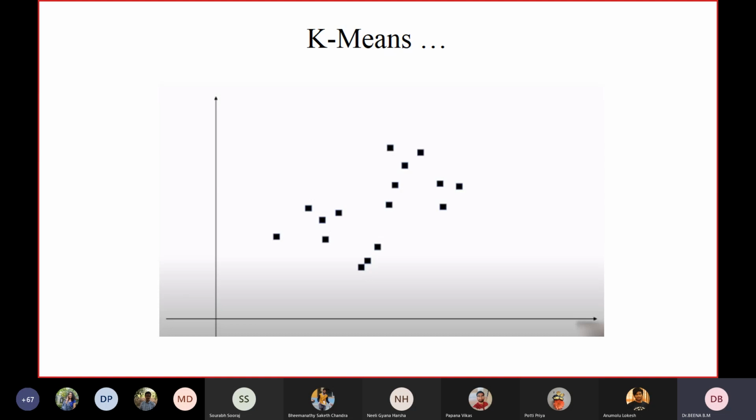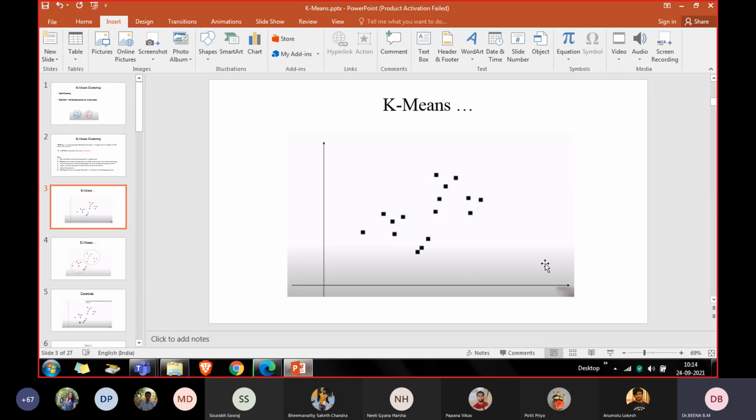So the k-means algorithm is a popular supervised. Sorry, it is an unsupervised algorithm. Now, let us take a data set. I have taken a simple data set, but it can handle multi-dimensional data sets, though there is some limit. The general observation is that it works well for up to 20 observations, and with more than 20 it fails to perform well.